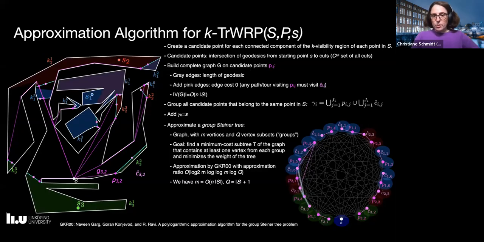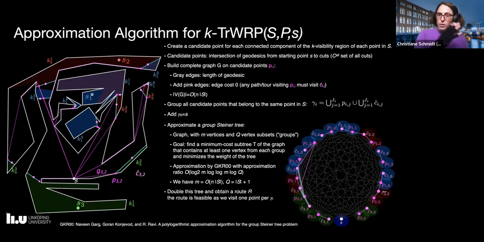well, what do we have? Our graph has order n times s many vertices, and we have one group per point in S plus 1 for our starting point. So we have order s plus 1 groups. We approximate that group Steiner tree, then we double the tree and we have a route. And that has to be feasible because we visit one point per gamma i, and then per definition, we visit at least one cut of the k-visibility region of each of our points. So then the only question is, why do we achieve the approximation factor that I claimed